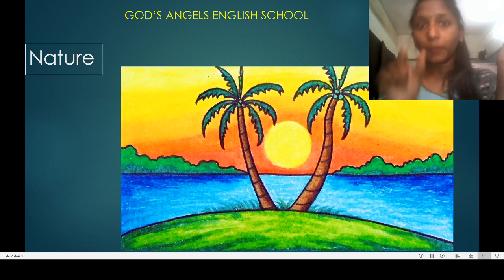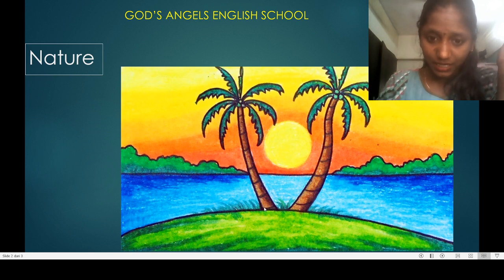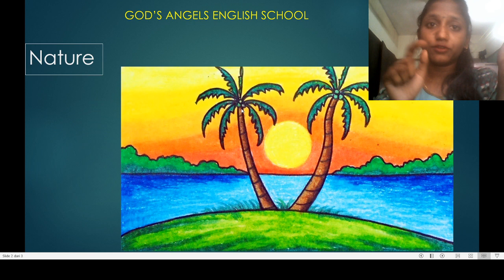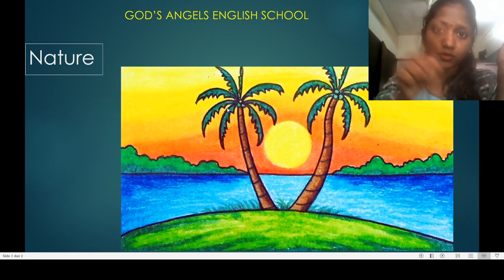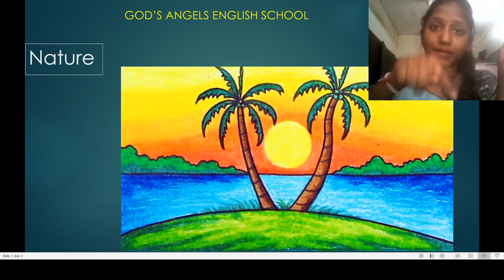So the first one is big, then small, then smaller, as you can see in this, that here it is big space and there is small space. So you have to make the coconut tree like this on both the sides. Yes, and you have to make the leaves. First you will put the leaves like that down. First make the line like this and put like this, 1 2 3 zigzag line.